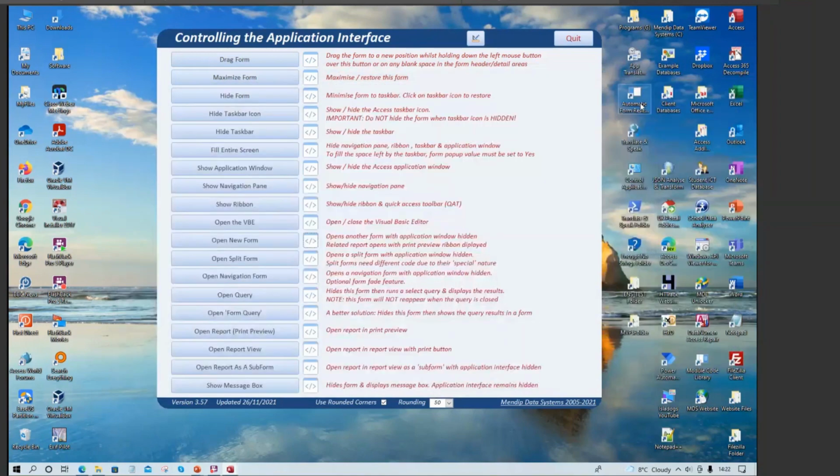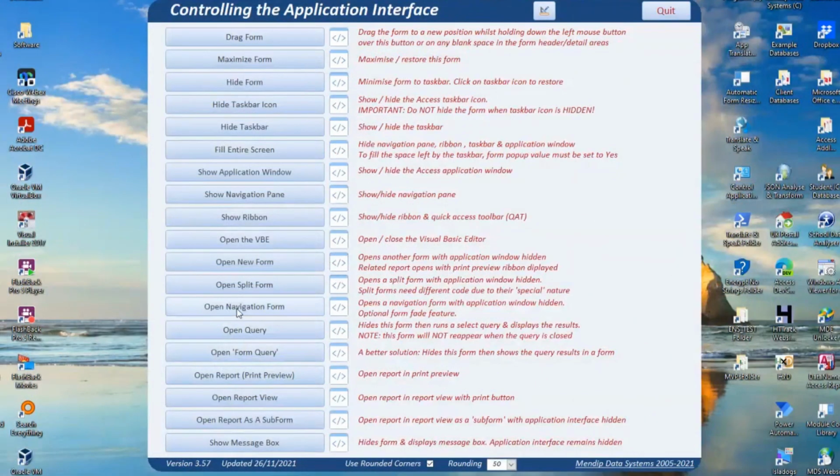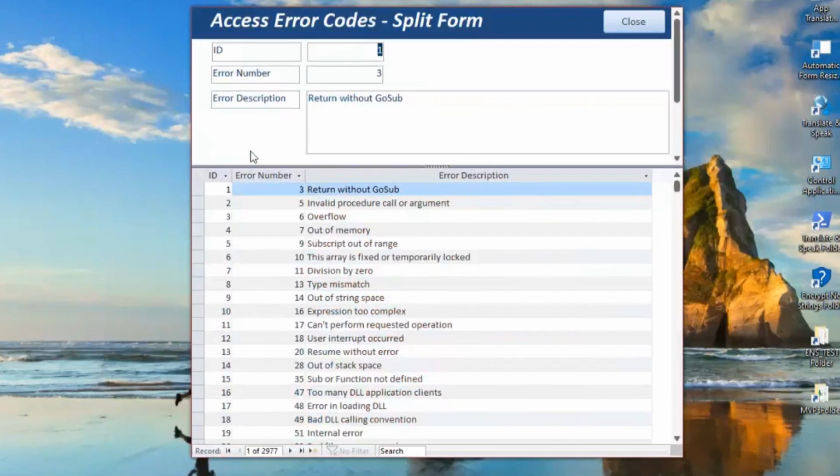As you said, one of the reasons for doing this, and it's often one of the reasons why people ask me about it, is to make things look more professional than having the Access window in the background. And again, that's one of the reasons why I do this with borderless forms as well. I've mentioned split forms. With split forms, you've got an extra issue in the design. Split forms look like they are two different forms, but of course the standard split form is just one form, with clever trickery in the background that makes it look like two parts, and that needs some special treatment with the code. I'll come to that in a minute.